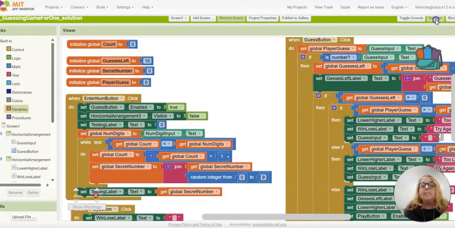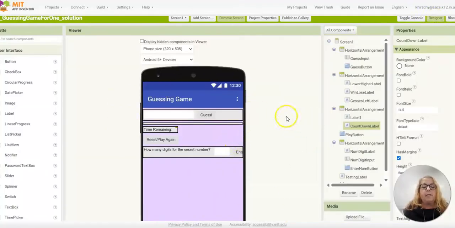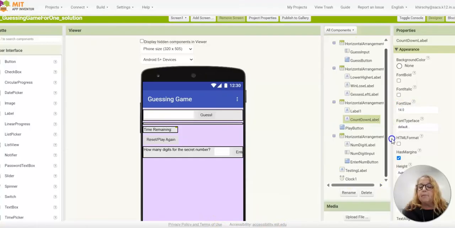Again, here's the designer view, so you can see that when we get all done. I made it kind of this lavender because you can see it a little better. And then over here, we see screen 1 and all these details. Let me move this so that you can see them,